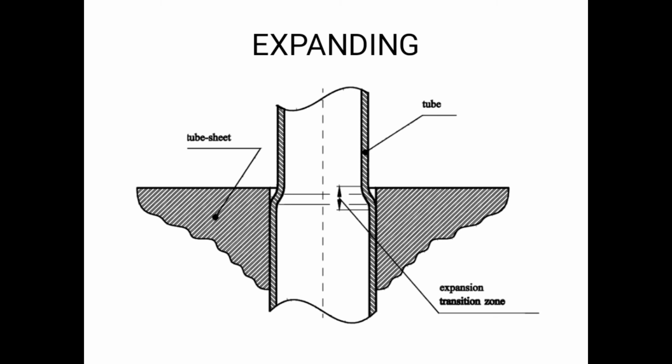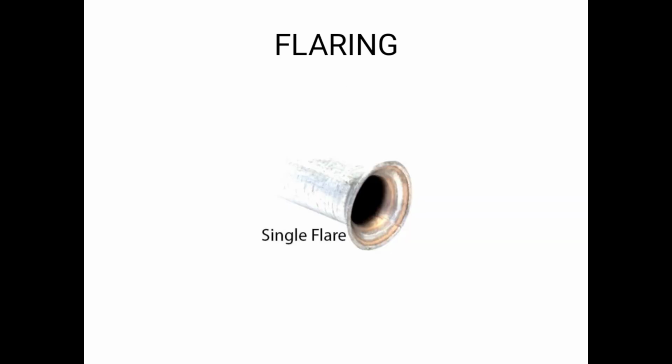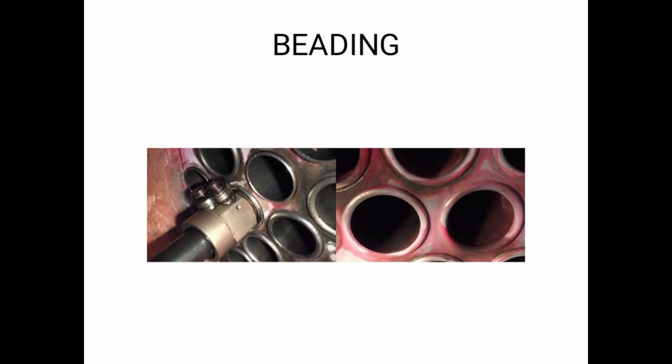First of all is the expanding. Expanding basically is the increase of diameter to fit the tube inside. This is done with the help of an expander. And the other one is flaring. First is expanding, then flaring. Flaring is clear from the picture that it will increase the boundary of the tubes from the corner, and after the flaring, the beading process is done with the help of a beading tool, and